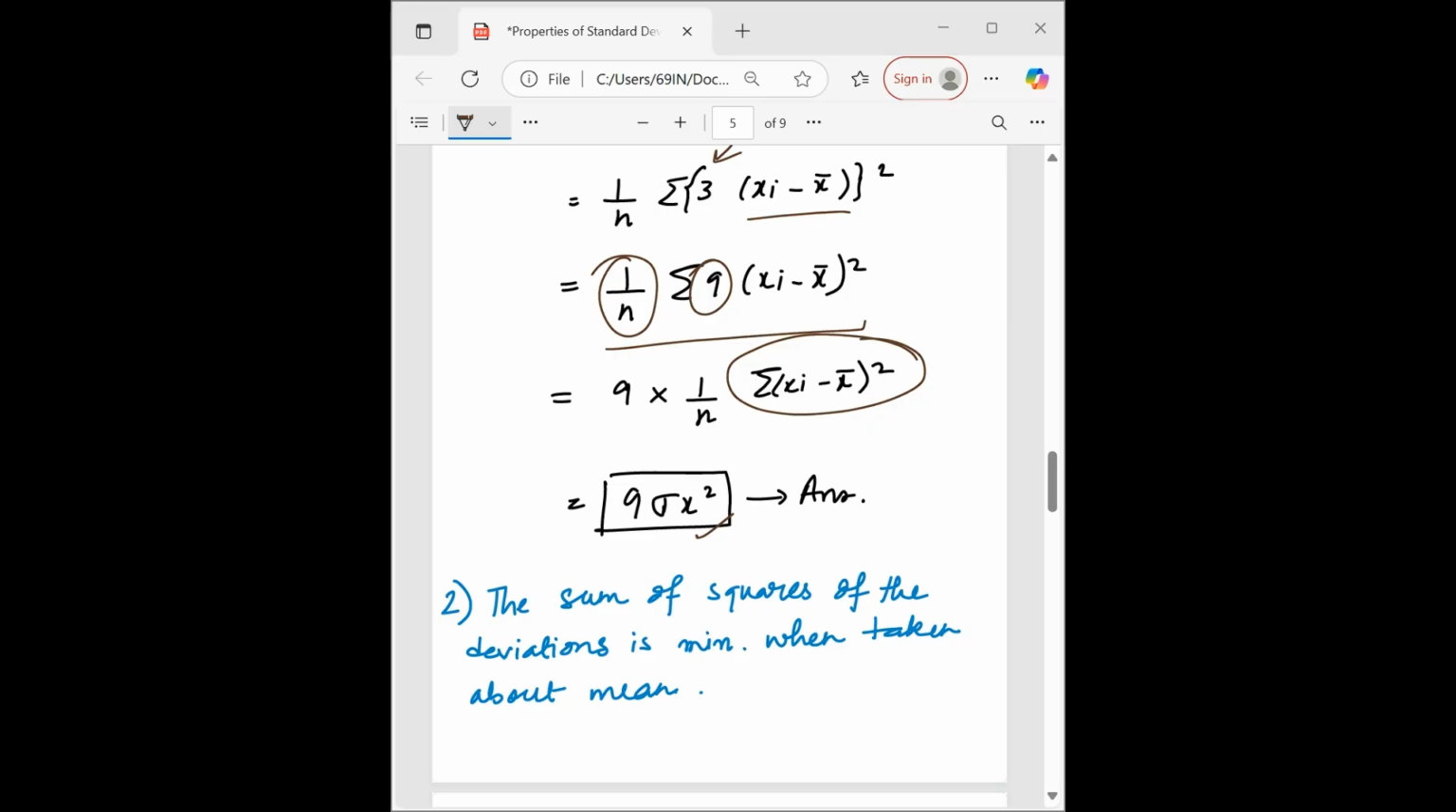So, we get here superpower number 2. SD is super sensitive to growth rates. Stretch your data and the variance explodes by the square of the factor. See,